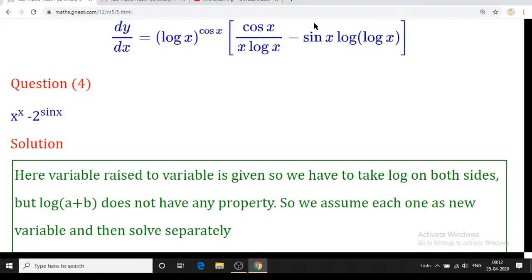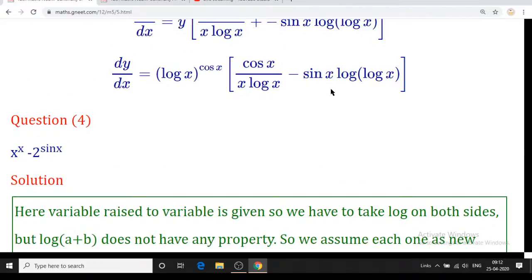Kajal, you asked, ma'am, there is no answer for log of log x. I have not cleared your doubt. What is your doubt in that sum? I have not got one thing. Either you write again, or we'll discuss it afterwards. I think that will be better. Okay, we will discuss this afterwards, Kajal, because I am not getting your doubt clear.